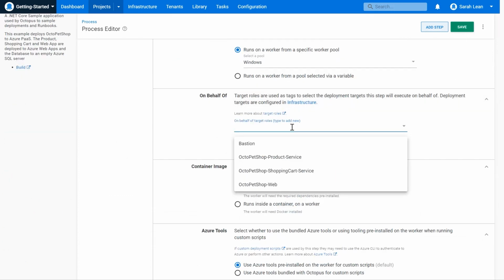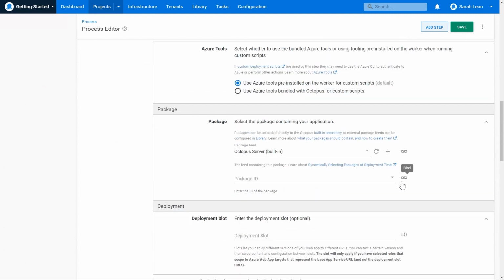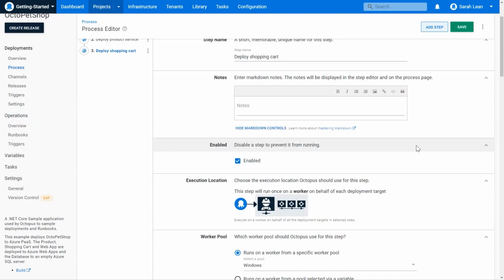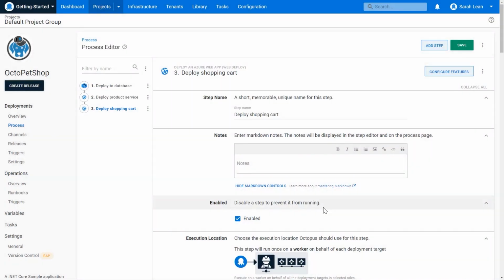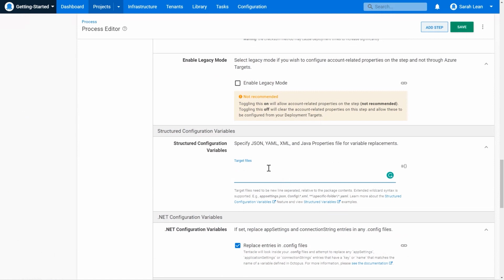The target role this time is going to be the shopping cart. My package is going to be the shopping cart. And I'm going to configure the extra bits that I need as well. So if I scroll back down, I'll put my appsettings.json file requirement here as well.